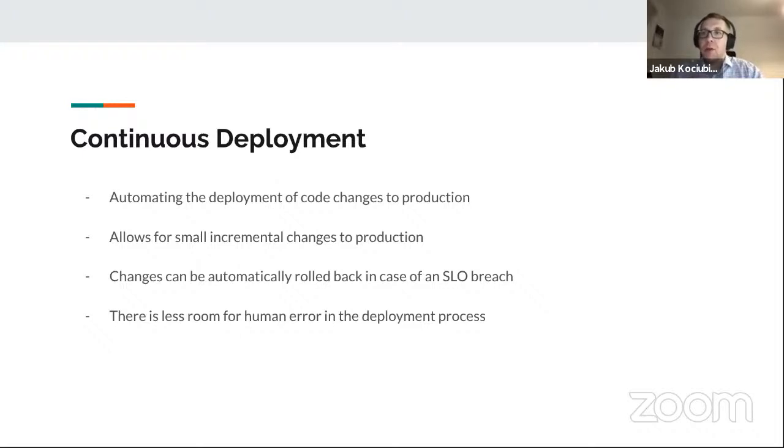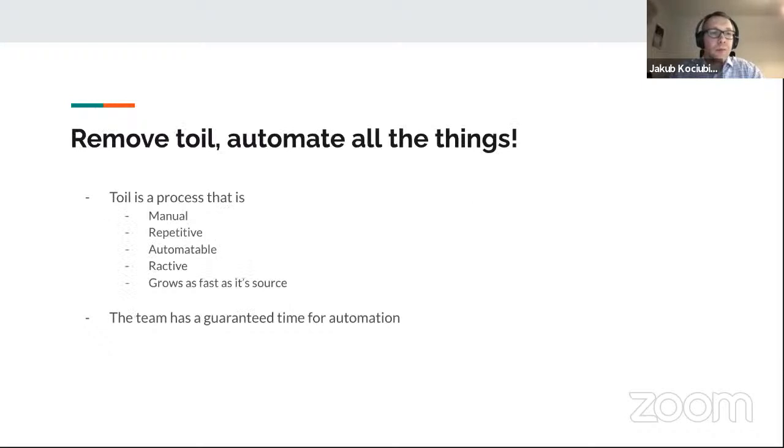So this allows us to build automatic reduction policies. If you have 5 minutes left in your error budget and you do a feature release, and you have an automatic fallback that will just go back if it doesn't work, then those 5 minutes might be enough for you. If you have to do it manually, for sure you will fail. And you get less human error in the process.